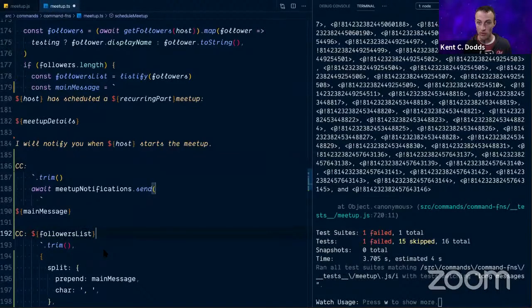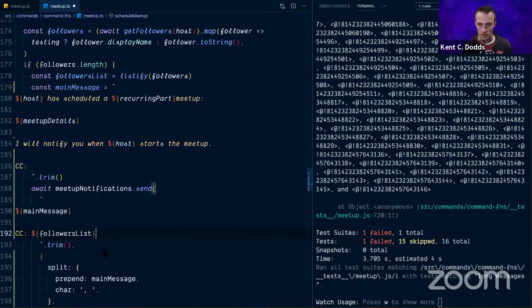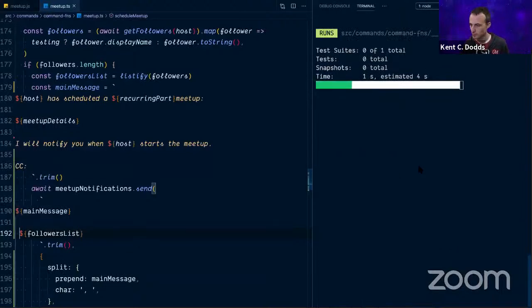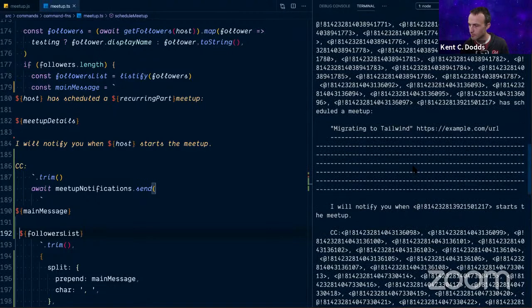Wonder what would happen if we do this. Yeah, see the CC will be that because I've got this trim on it. Bummer.